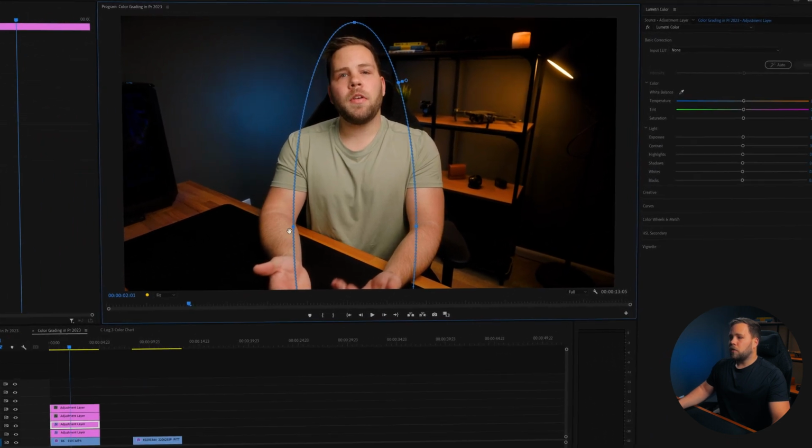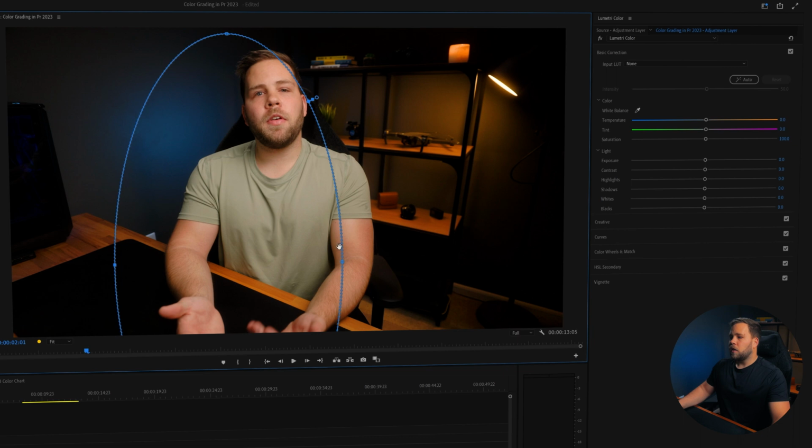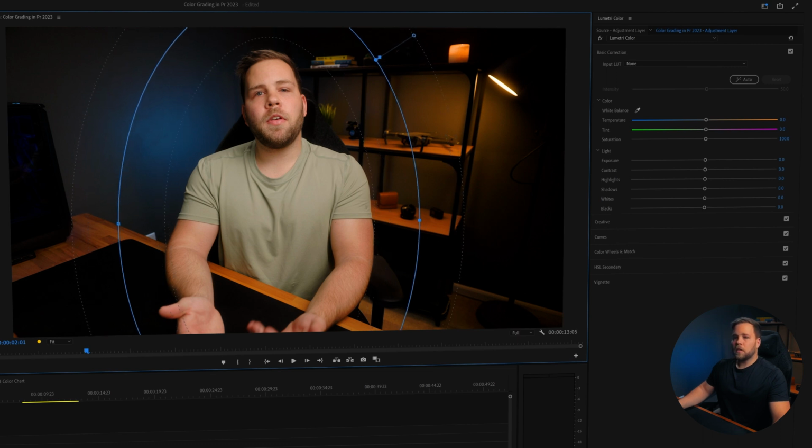And so I just want to affect myself. I don't want to really affect the rest of the image. We're going to add a pretty aggressive feather to this. And so what this is just masking the actual color effect, and we're going to bring the shadows way down